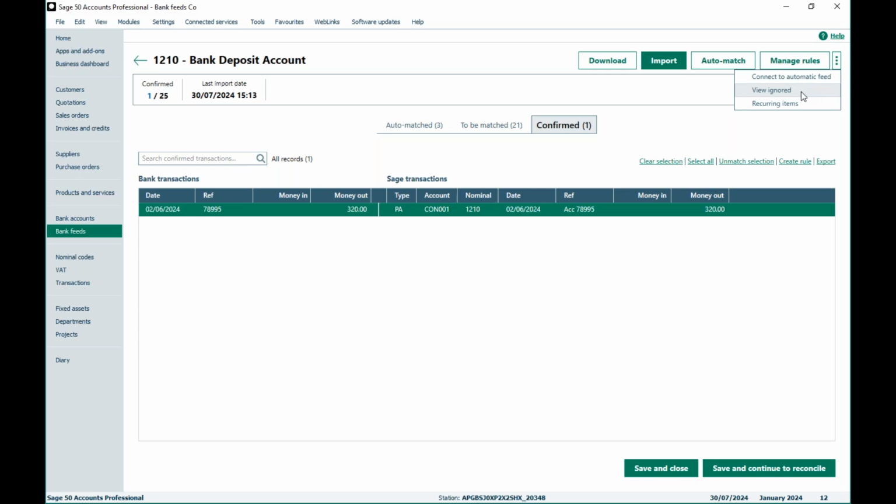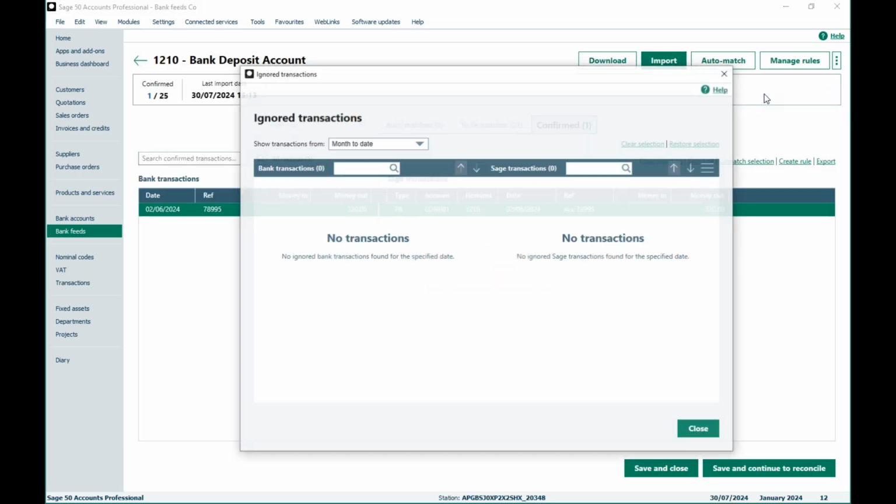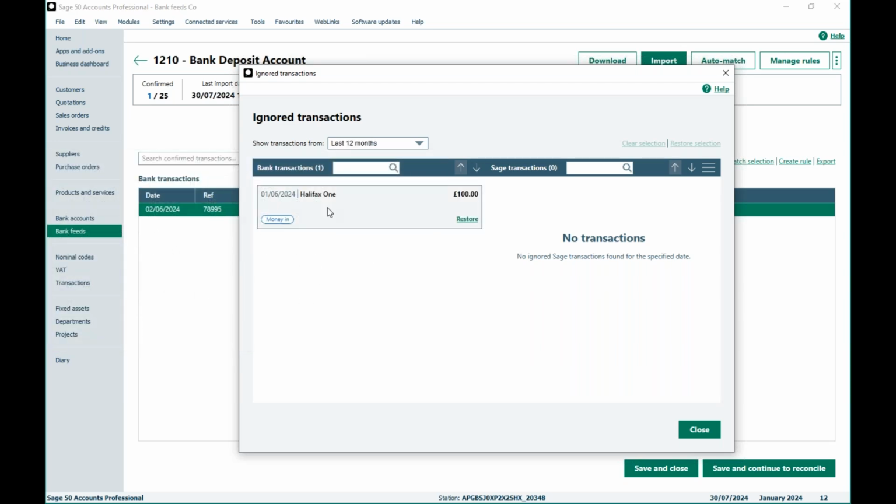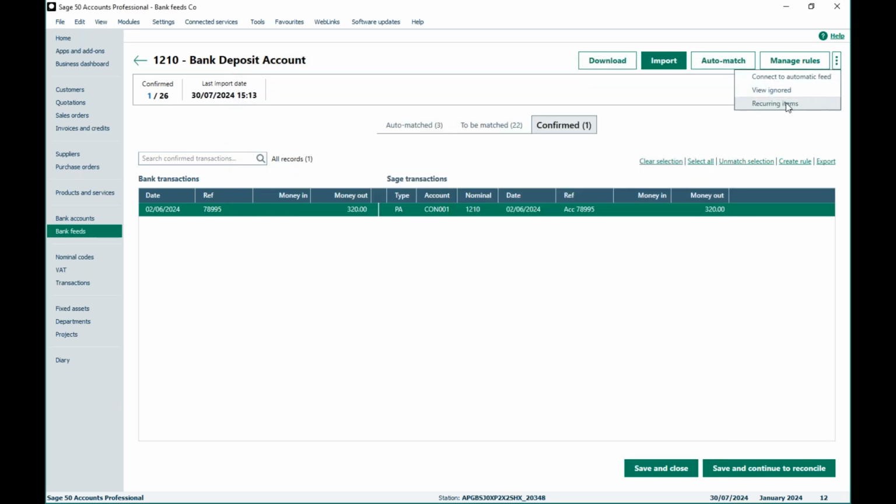If you ignore a transaction, you can go into here, view ignored. You can also set a filter, so click apply. You can then see that transaction that I ignored a moment ago. You can then restore that back in. You've also got the option to process recurring items if you don't use bank feed rules. If you wish to use this feature, the importing transactions,